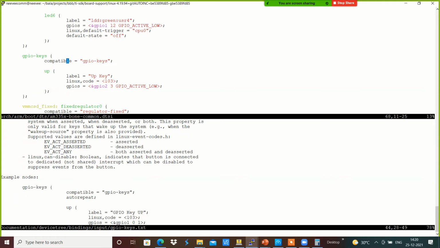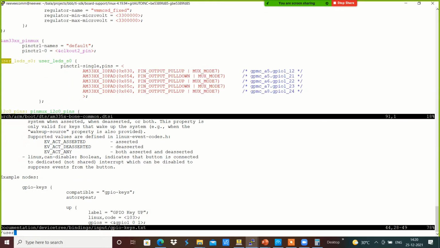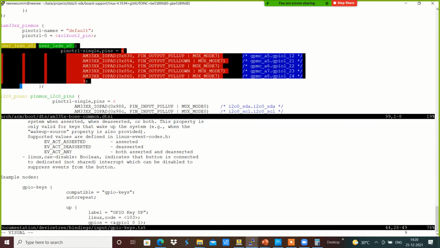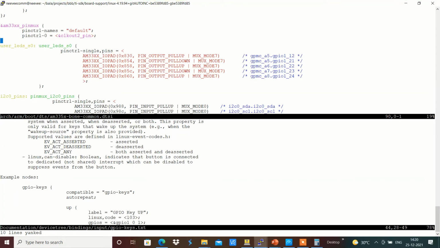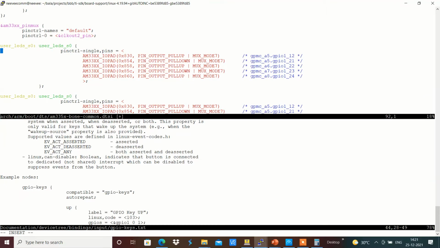Yeah, it's something like user keys over here. Yeah, user keys. We have the pin configuration, it's something like a